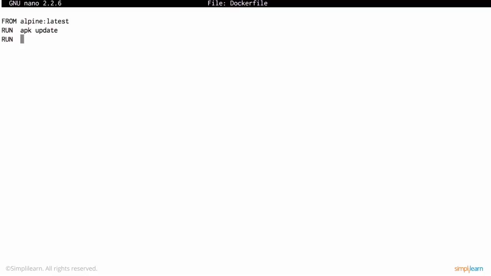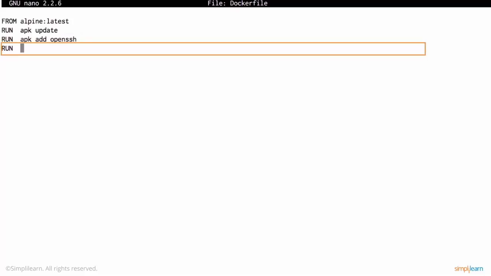Then we're going to say RUN adduser. And I'll just type this in. You can see what the result is going to be. We're going to create a user, and notice that we're going to use an ampersand. That means continue on with the command, but only continue on if the last command completed successfully. If it did complete successfully, we're going to say mkdir, make the directory /home/student/.ssh, and then also echo student:student, and pipe that to chpasswd.